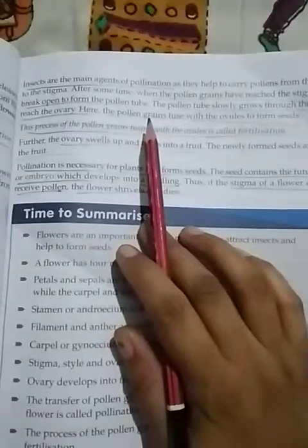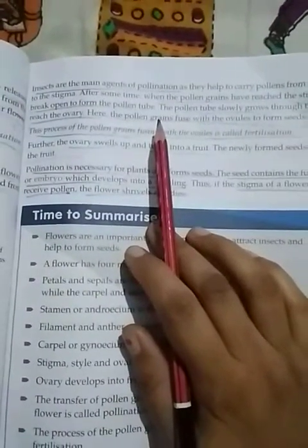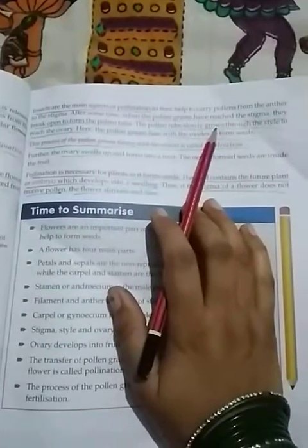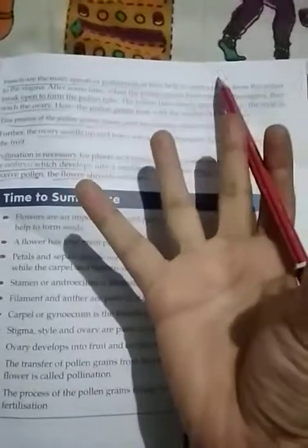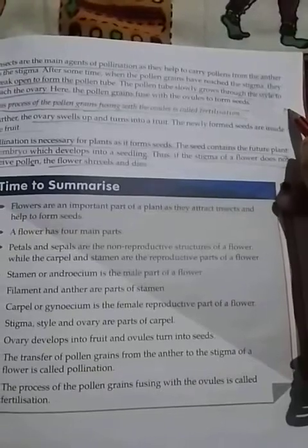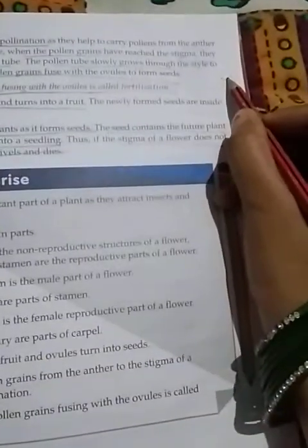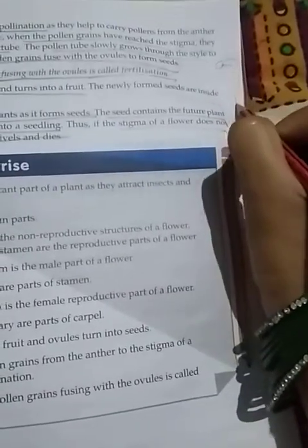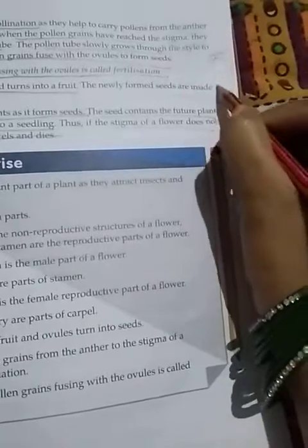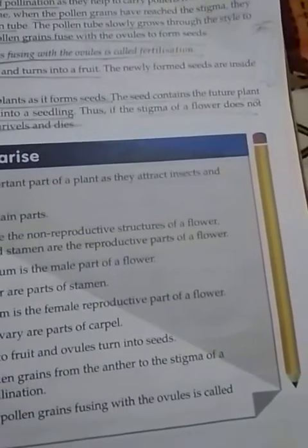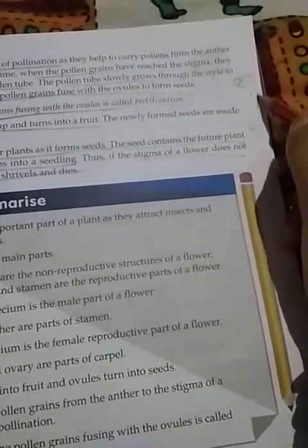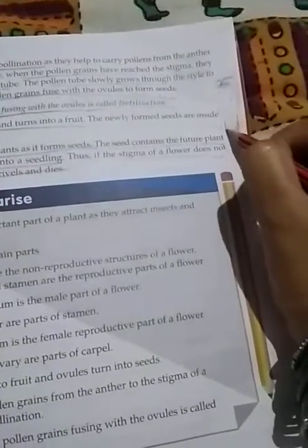As these insects transfer the pollen grains, what happens? The pollen grains reach the stigma. Now it will break open, and the pollen tube will be formed. For example, this is a stigma. Pollen grain is there. This will break open. The pollen tube will now arise and it will reach the ovary. It will develop and reach the ovary. From this pollen, the tube is developed, a pipe is developed, and it's reaching the ovary.